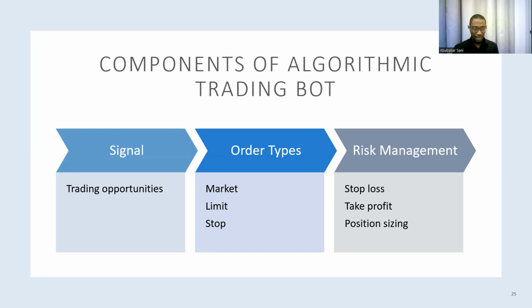The last component is the risk management. So you have identified an opportunity, you have executed the trade, you are inside the trade, you've entered the trade. Then when are you exiting? When are you going out? Are you going to stay there? Maybe you even leave the position for your grandchildren, or you are going to set a particular level. Once that level is reached, you get out of the trade. So this is what we call the risk management part. If you're going to wait, maybe until you lose all your money, then we'll say good luck, and that is not a good practice.